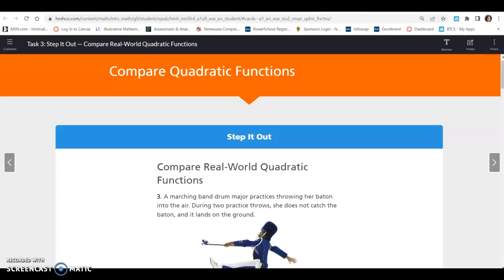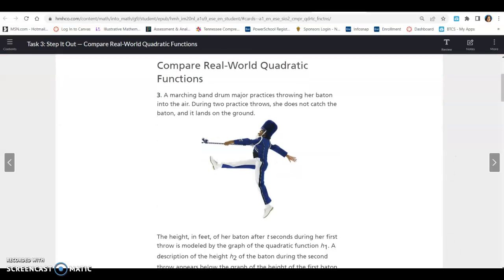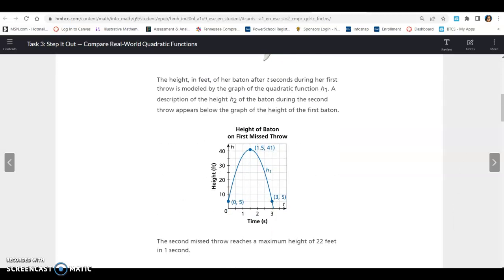Lesson 19.4, Task 3. Compare real-world quadratic functions. A marching band drum major practices throwing her baton into the air. During 2 practice throws, she does not catch the baton and it lands on the ground. The height in feet of her baton after t seconds during her first throw is modeled by the graph of